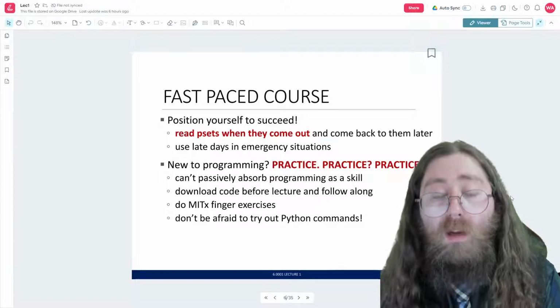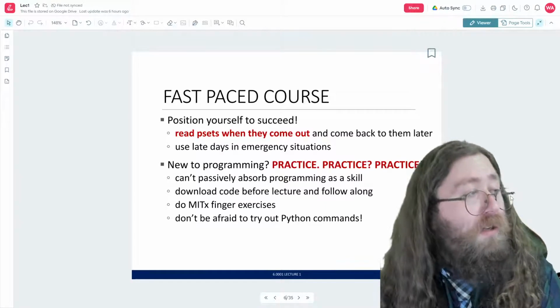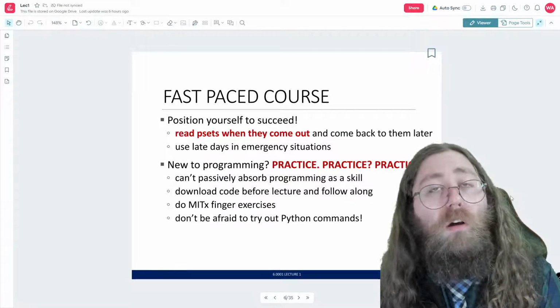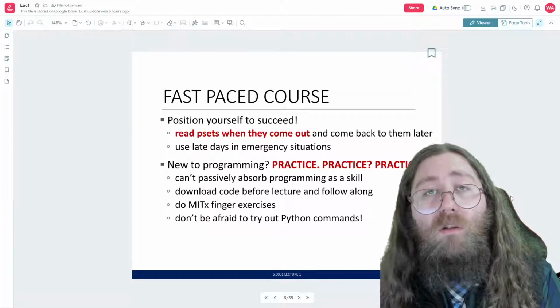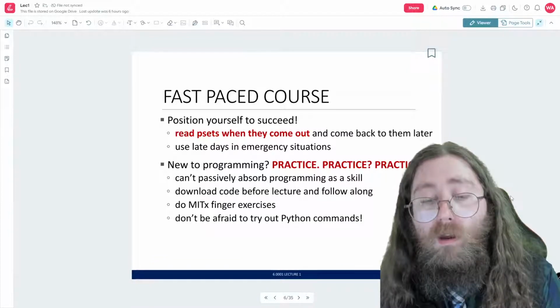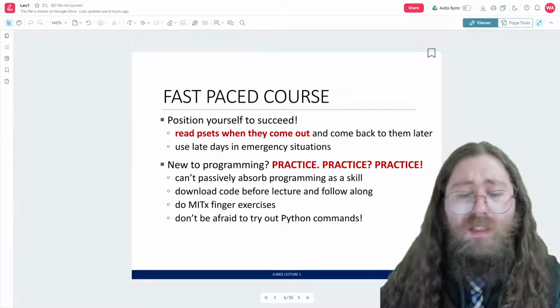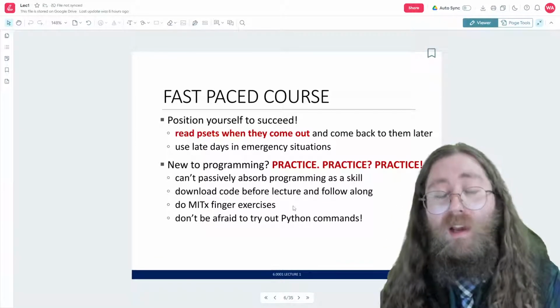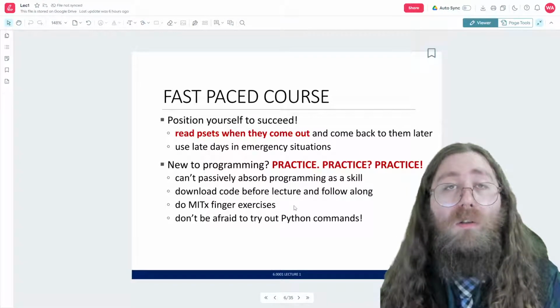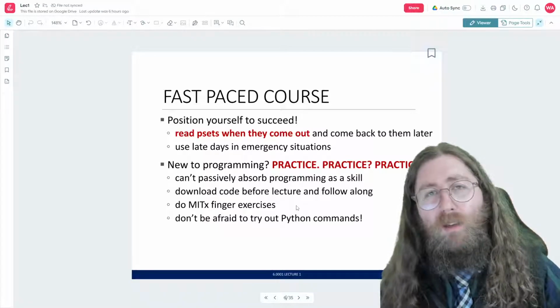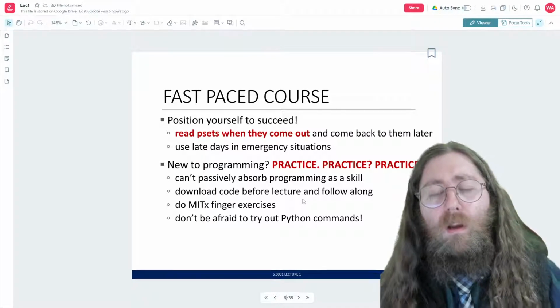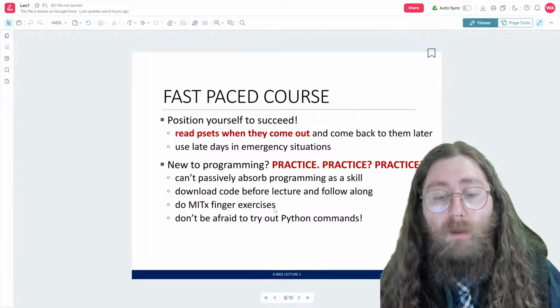You might want to download the code before these lecture sessions, and then you'll be able to follow along on your computer. If you have multiple monitors, that would be a great way to get set up doing this. Now, these MITx finger exercises, I don't know what those are, but there are some practice questions available on the MIT website, just little bite-sized quiz-type questions, and I'll direct you to those as well.